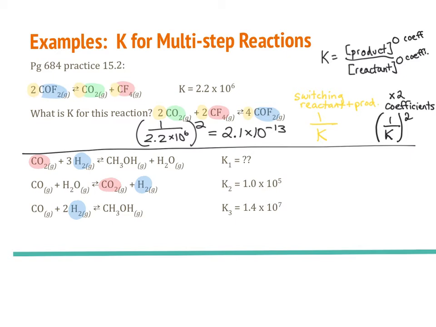I notice CH3OH is a product, and it's a product there. And water, I notice, is a product in the original, but a reactant here. So I'm looking at my 2 possibilities, my 2 reactions that I need to adjust to get to the target